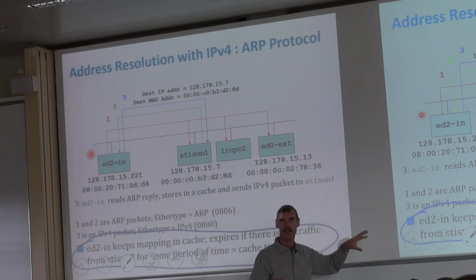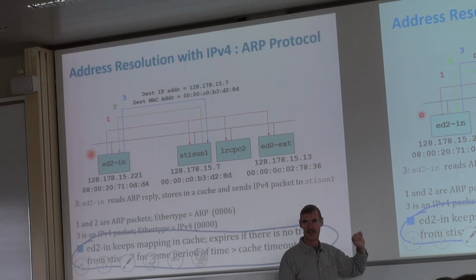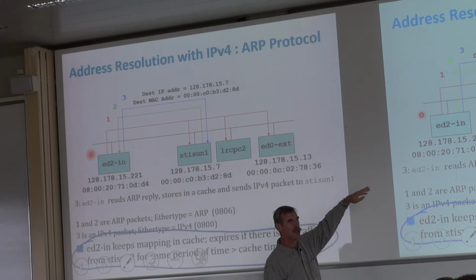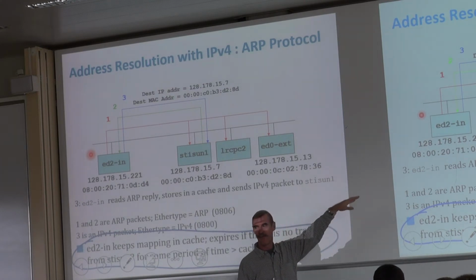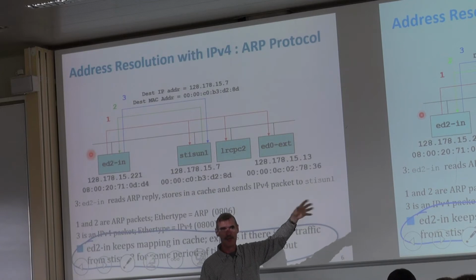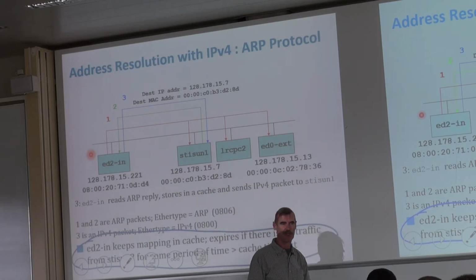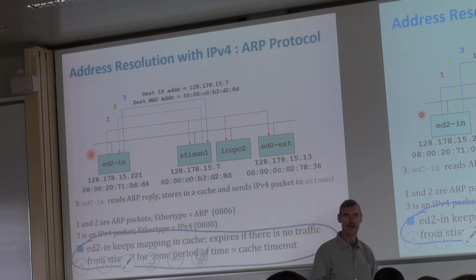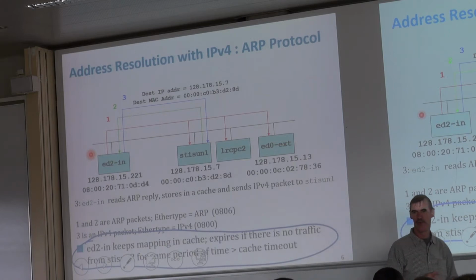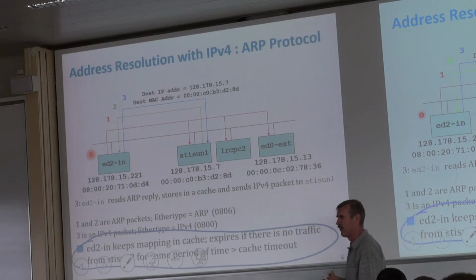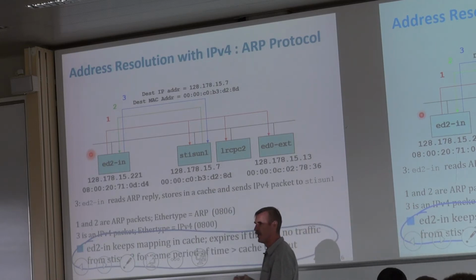You have to configure the IP layer. This one is not plug and play. But as soon as they're connected by an Ethernet switch or by a Wi-Fi base station, nobody should have to keep track of the MAC addresses. Nobody has to, but you can if you want. So you can disable ARP inside your Ethernet switch, for example. You can kill all the ARP packets